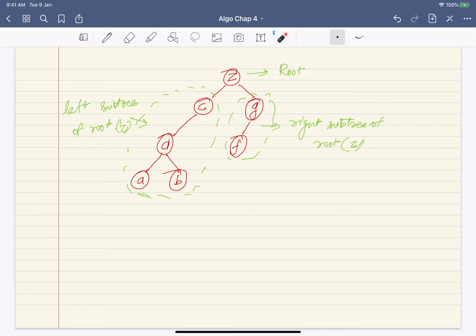Now we can define root, left subtree, and right subtree recursively, but we can also talk about the left and right child.